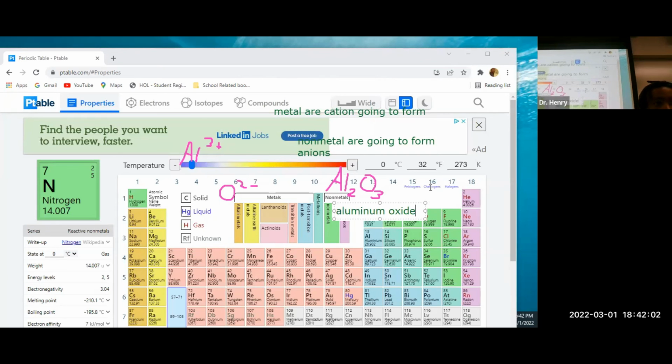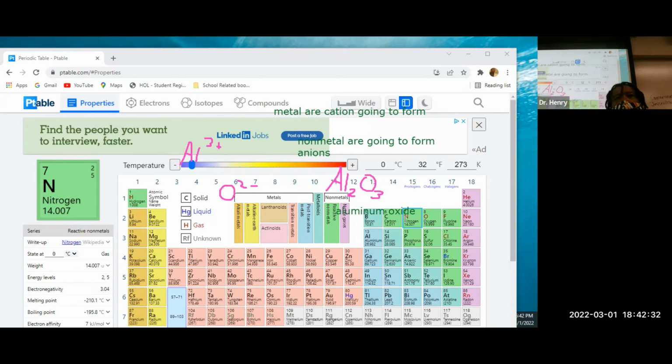Okay. Because I always know that aluminum is always going to be what charge when it forms an ion? +3. That's right. And then I know that oxygen is always going to be -2. Okay. Unless it's special. We'll talk about that later. There's always exceptions, you know? Okay. So now the thing about this is